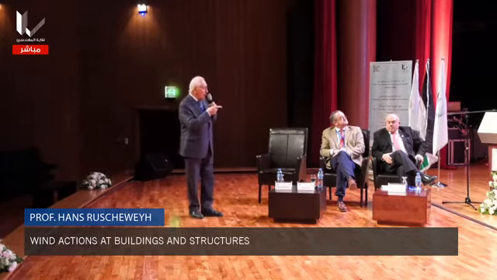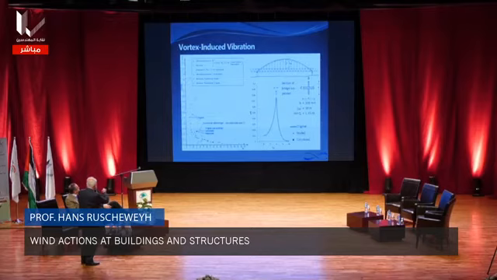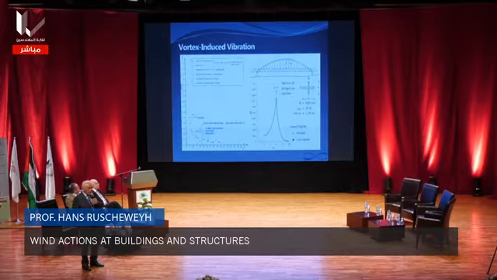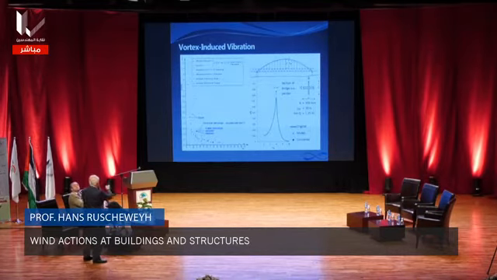And on the left diagram, you see the black points. The black points are a result of the correlation length method, the calculation. And the small crosses you see there, these are full-scale measurements. And you see that the full scale more or less is below the calculation, so the calculation is more or less on the safe side, very close to the reality. The red curve is from Vickery and is related to the subcritical Reynolds number. Subcritical Reynolds number is a theoretical point, not of interest in the practical application. Stacks and tandem masts and so on are always in the supercritical or transcritical range,